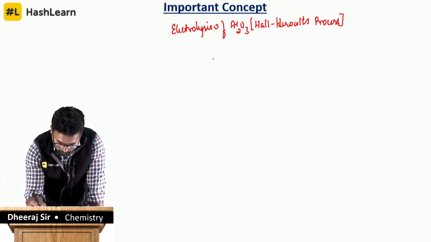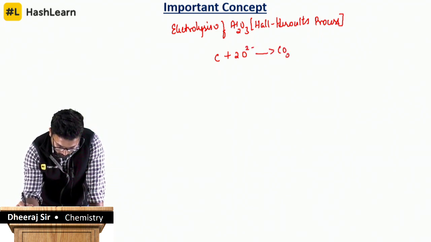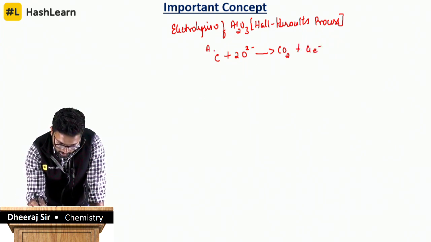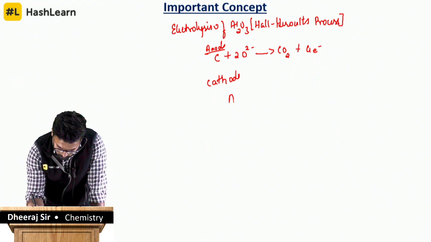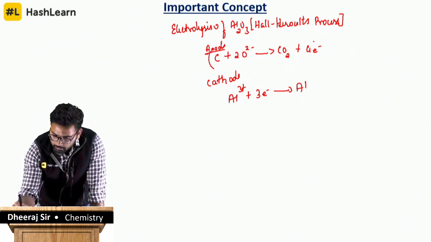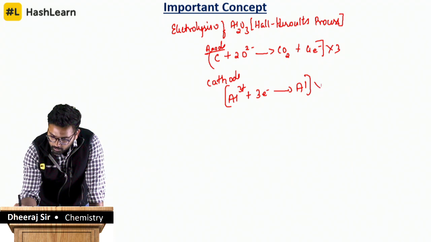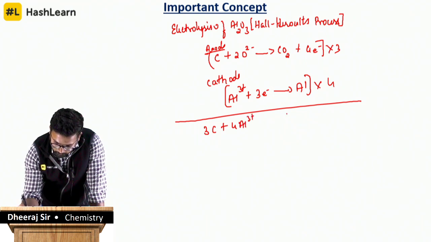reaction. So you have carbon undergoing oxidation at anode, to form carbon dioxide plus 4 electrons. This is at anode, oxidation at anode, and at cathode you have reduction. So aluminium 3 plus is undergoing reduction to form Al. So you can balance the reaction, multiply this 3 times and multiply this 4 times. Therefore the overall reaction will be 3C plus 4Al 3 plus, giving